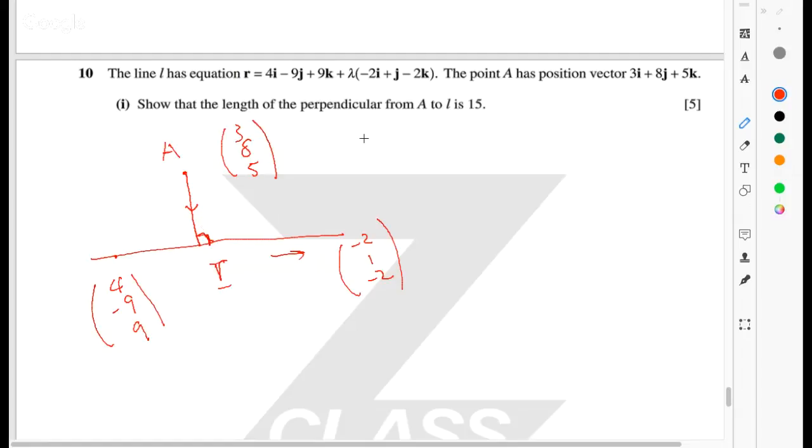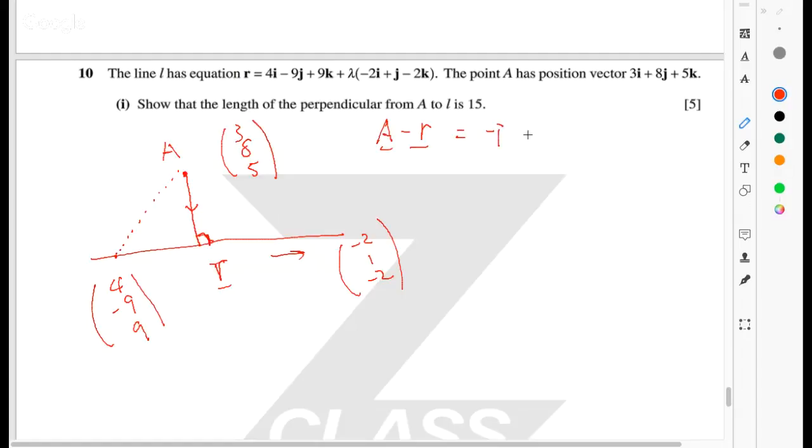Well, let's just find the general representation of a line between a point on the line and A. So in a crude way, let's write A minus R, and that will give you